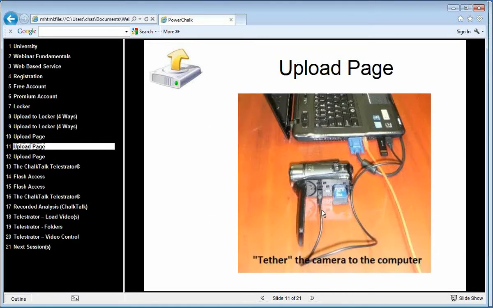You can tether the camera. You'll notice this wire that is running the length of my recorder here. So I've got the wire that's going into my laptop in this case, and then that laptop becomes a hard drive. So I would literally browse my way onto the hard drive that is this camera. Okay, the opposing